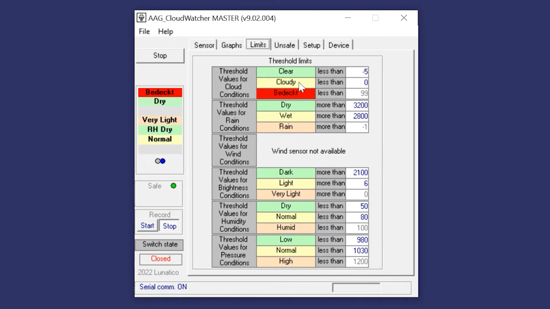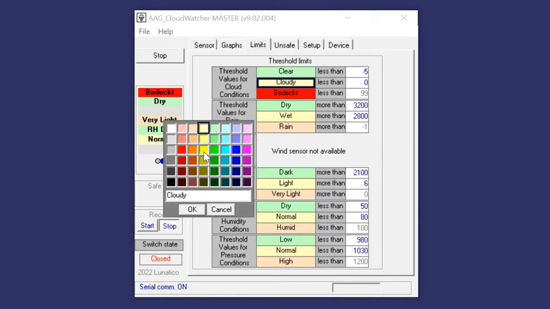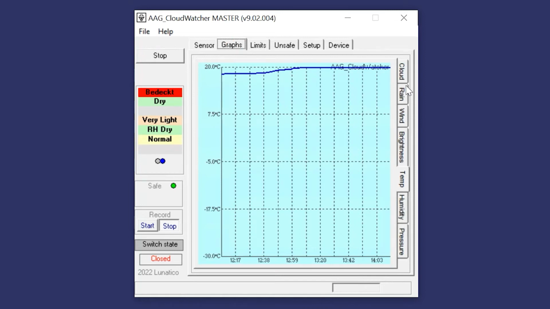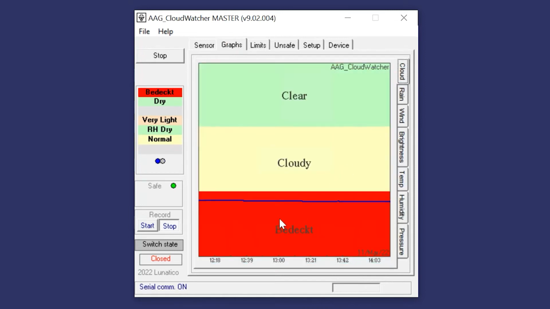We'll change the other two fields in this section as well. You can see that the text in the Summary section and Sensor tab changes immediately, but the Graphs section may require the software to be closed and restarted for the changes to take effect.